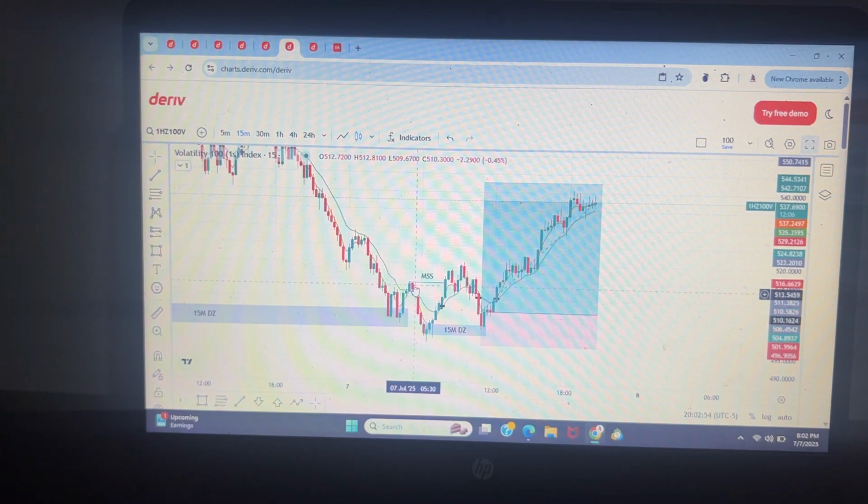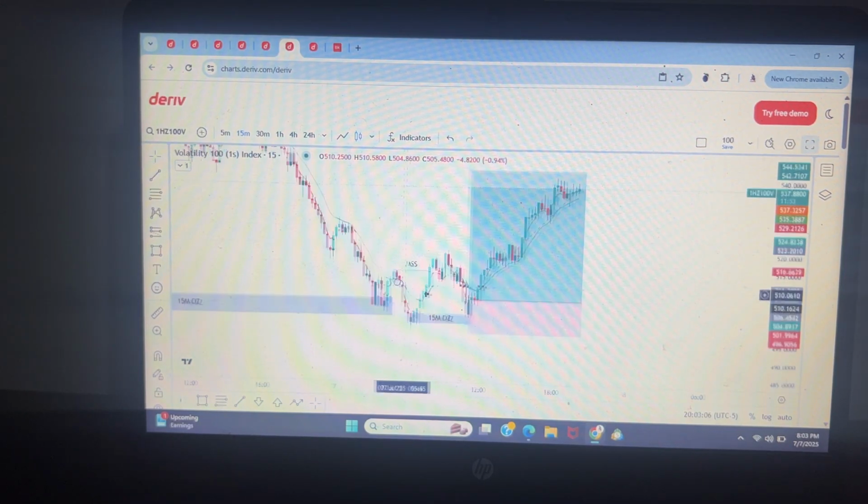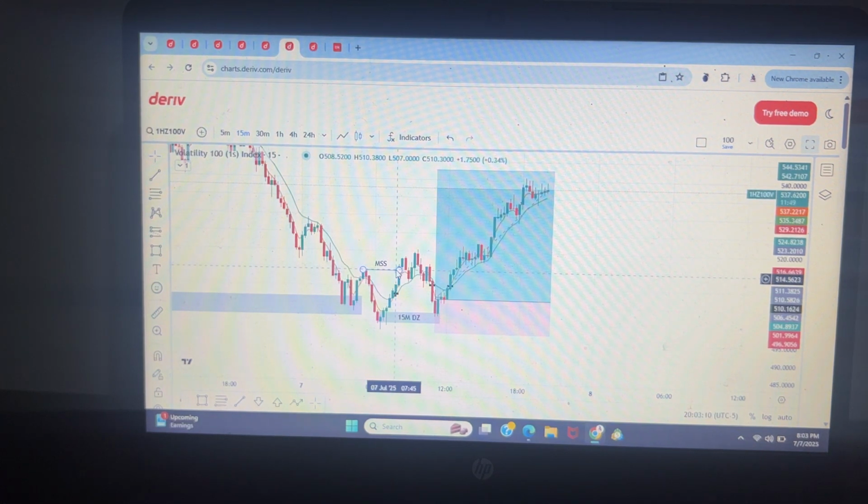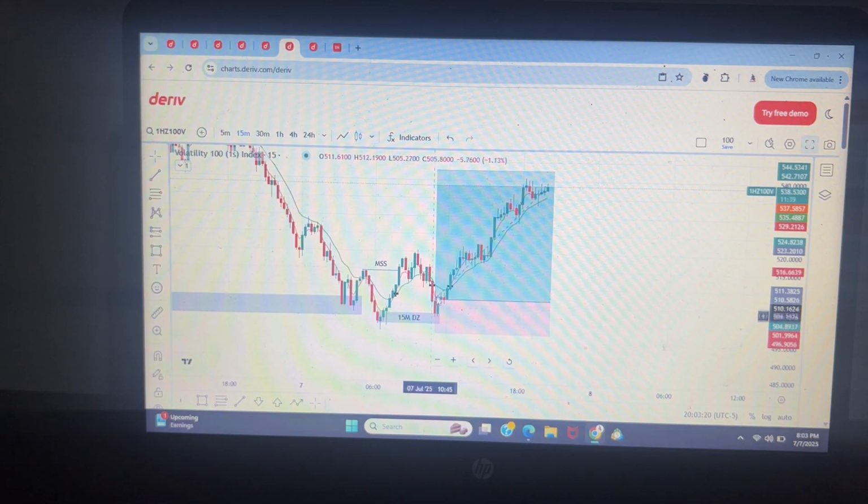tests this zone. But on the 15-minute time frame, price is making lower lows, lower highs, lower low, lower high, lower low, breaks structure, lower low, and then a lower high right there. So price gives you a market structure shift right there, right? Market structure shift right there, and you mark out the 15-minute demand zone. There's the gap open and liquidity right up here, price sweeps that liquidity right there, and comes back down, tests